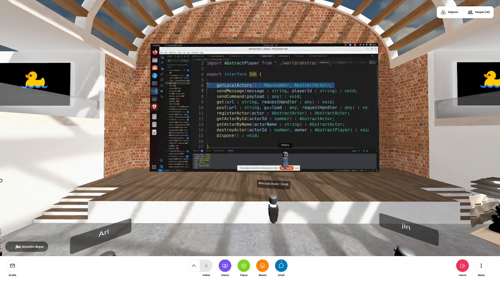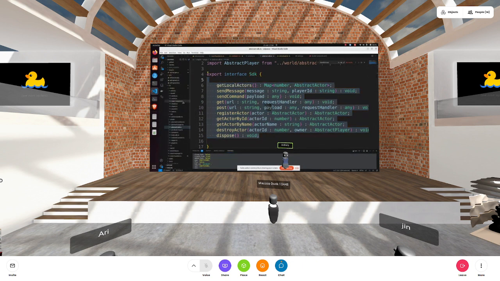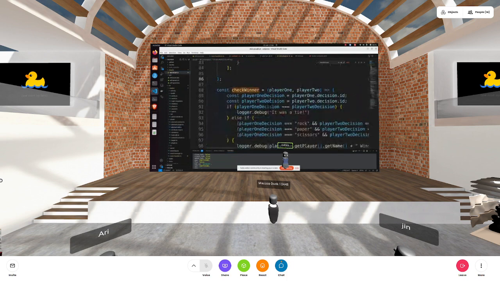Well, I think it's possible, but this is the API at the minute. In regards to the API, you can get an actor, which is like an entity, like a box or cube or a model. You can send a message, send a command. You can do GET requests and POST requests. Register your actor, get actor by ID. So the API is actually very simple. However, the interface to the API is actually quite powerful. If I go over the plugin system again,